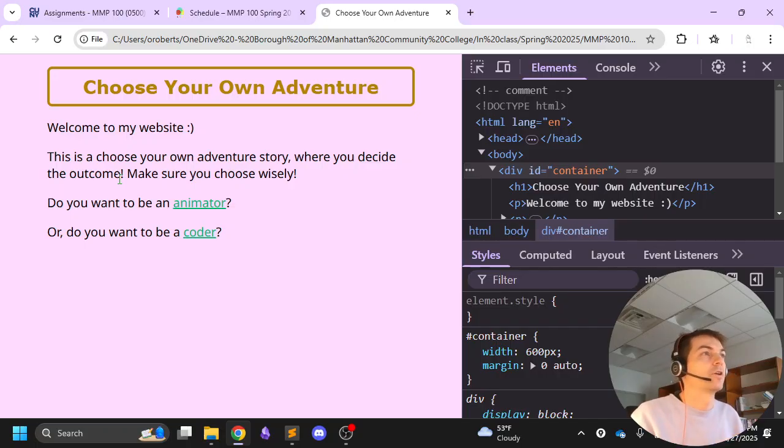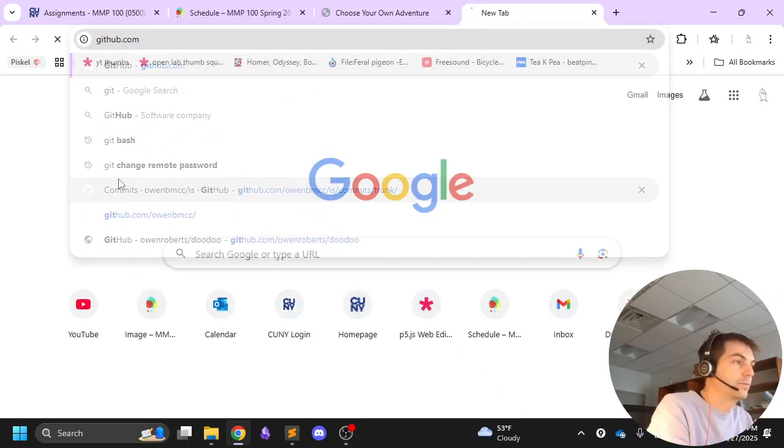And depending on how that goes, I may throw in a couple CSS things here and there just to make things look good when we do that. But let's go ahead and submit our new version of our website. So once you've gotten to a good place where you've done your edits and you're happy with how things look, we want to update our GitHub. So I'm going to go over to GitHub,